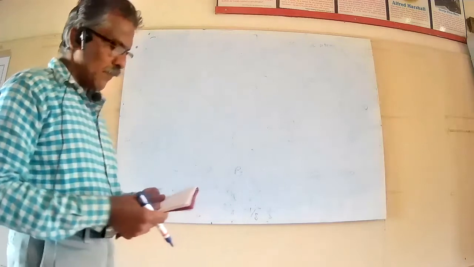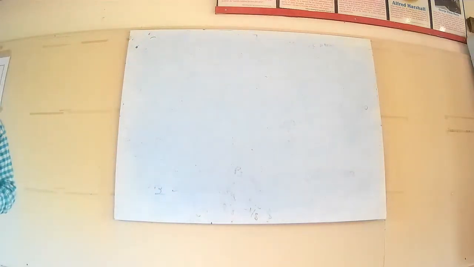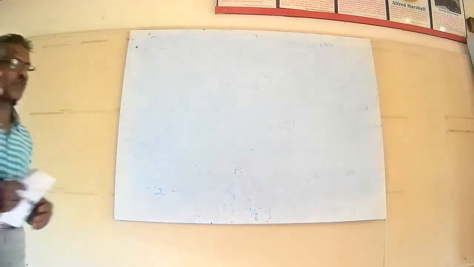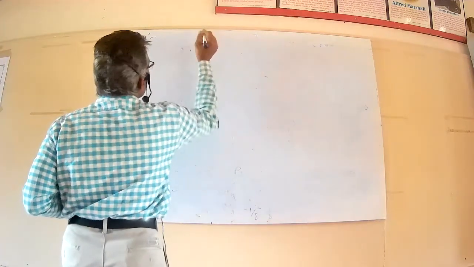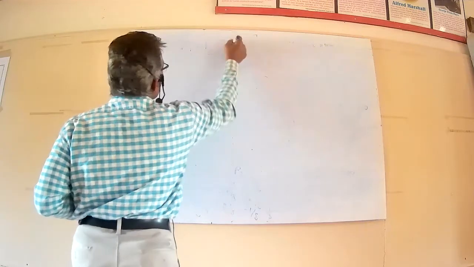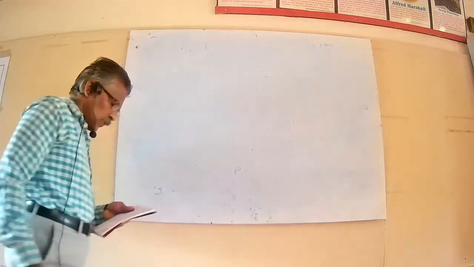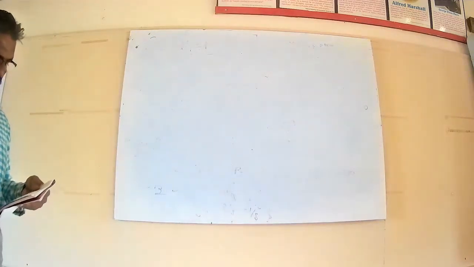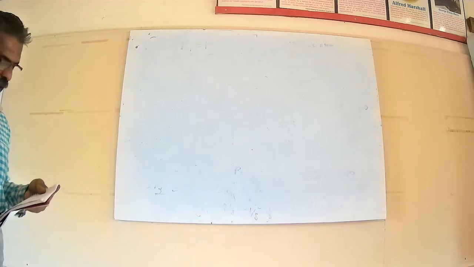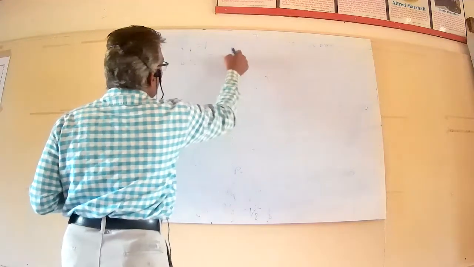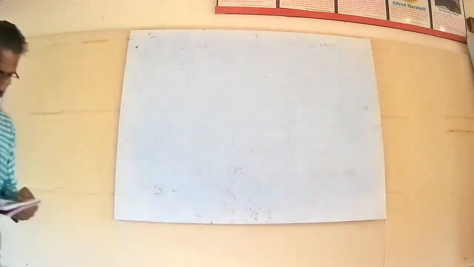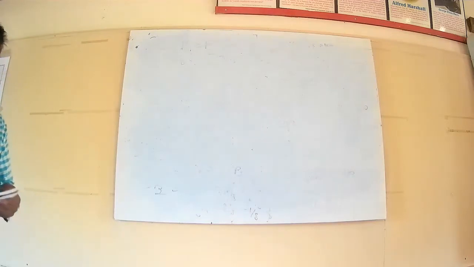Two equal sums of money are lent out at the same time. Two equal sums of money means P1 equal to P2 equal to P. The sums are lent at the rate of 8% and 7%, so one is 8% and the other is 7%. The former is recovered 6 months earlier.